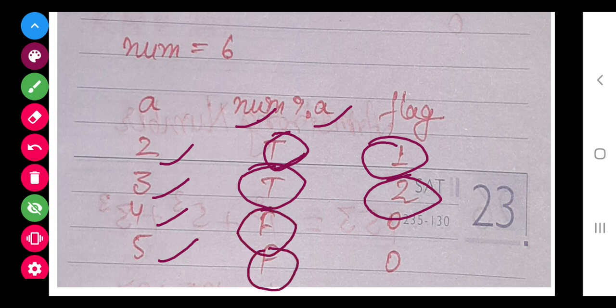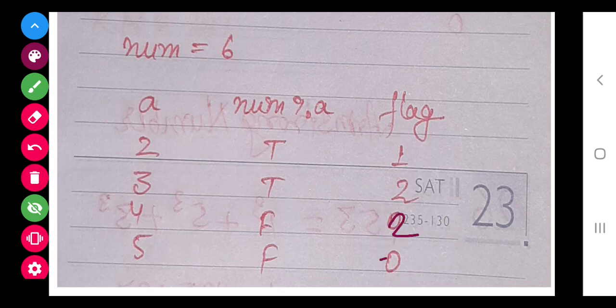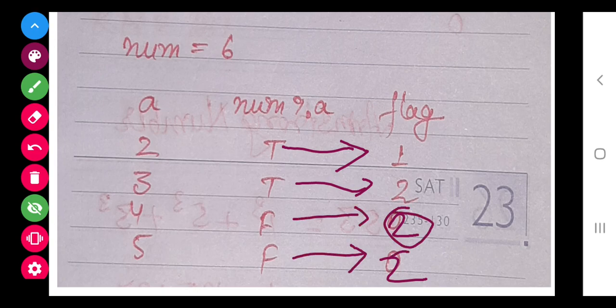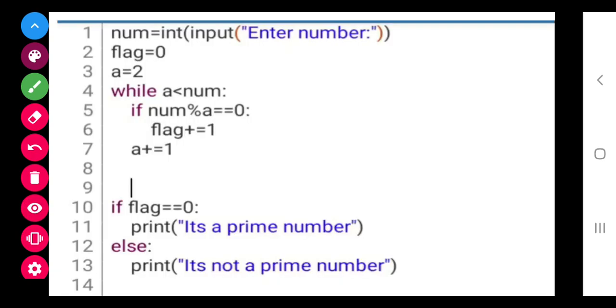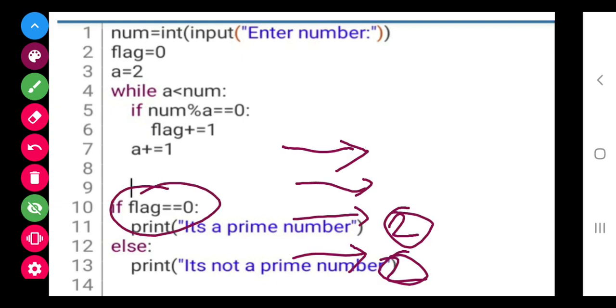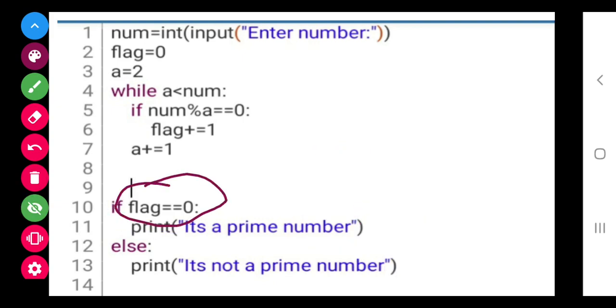But for 4 and 5 it will remain unchanged. I have written it wrong here, it should be 2. So the value of flag is finally 2. Here there is an increment, here there is an increment, here no increment, but it still remains 2. So when the program runs, it will check what the value of this flag is. The value of the flag is 2, which is not equal to 0. So this condition is false, and this is a true condition.